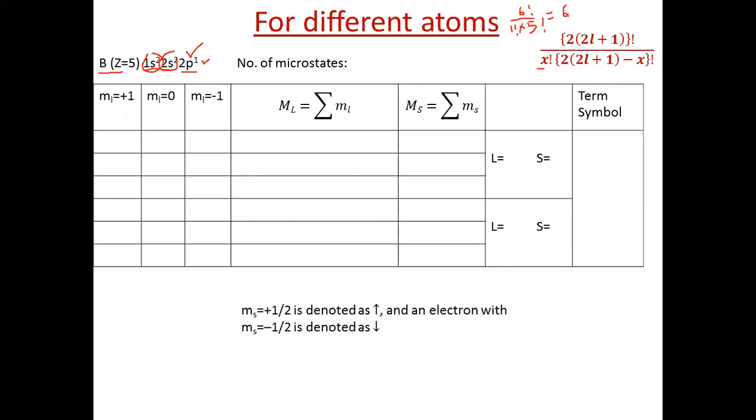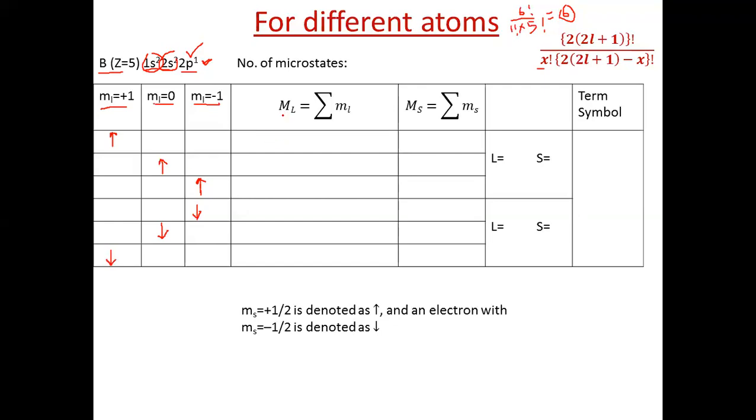So there are 6 ways by which we can put one electron in these 3 p orbitals with values ml plus 1, ml 0, ml minus 1. What are these 6 ways? First, the electron can be present here. Second, the electron with a positive spin can be in this orbital. Third, it can be here. Next possibility is, it can be present with the anti-clockwise spin. So these are the 6 ways.